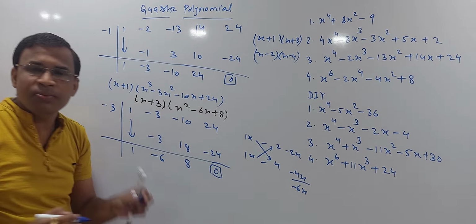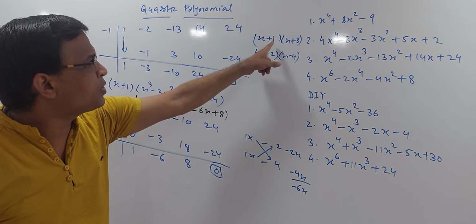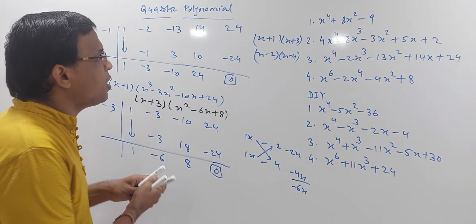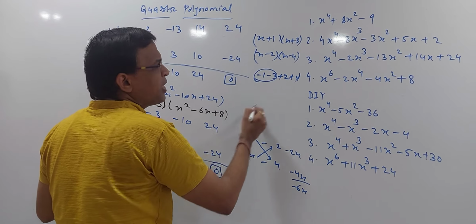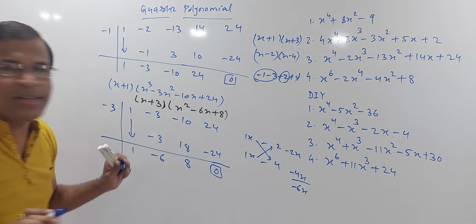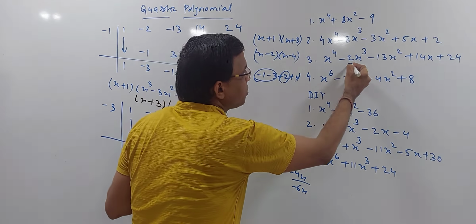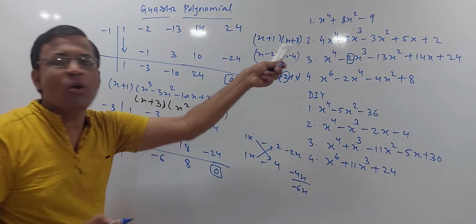One more observation here is in the cubic we have done something called sum of the zeros and the product of the zeros. We can apply the same rule here. Check out the zeros here are minus 1, minus 3, 2 and 4. If I just sum this out, so minus 1, minus 3 plus 2 plus 4, so this plus 4 and this minus 4 gets cancelled, so 2 is the sum of the zeros. See here we are getting 2. This is the point of sum of the zeros.